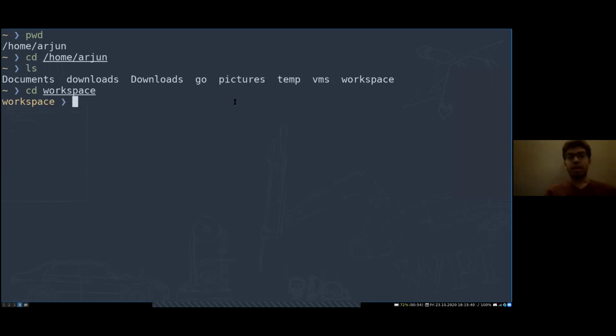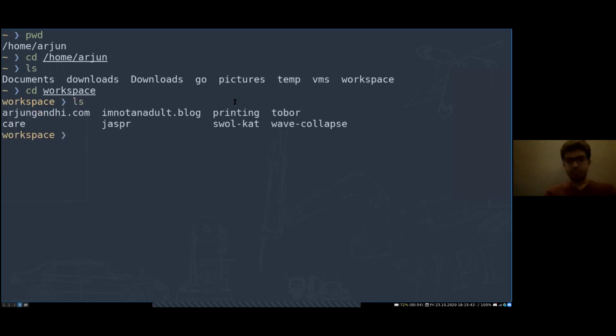So let's look again at what's here and type ls. And you'll notice you have a bunch of different folders that have all sorts of fun stuff in them that are different projects I'm working on. Now, how do you go back a folder, right? So we'll essentially use cd workspace. We want to cd into a directory like cd into